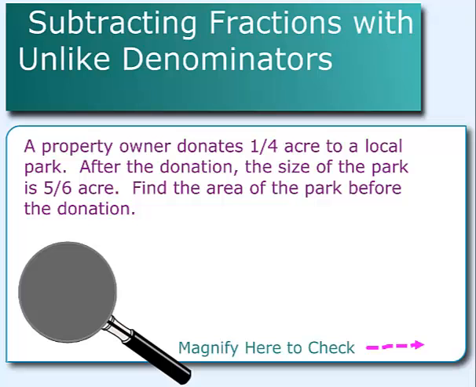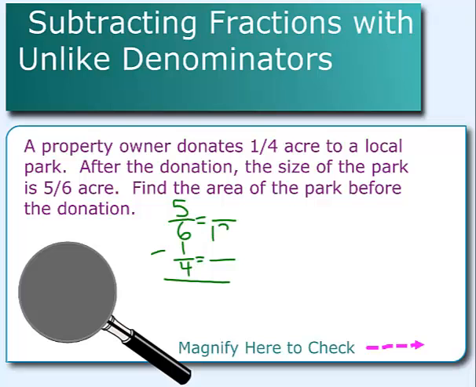Well, since we're finding the area of the park before the donation, I know I have to subtract because 5/6 is what the park size is now. So I'm going to take 5/6 and subtract the 1/4 that was donated. Here I have to think about my common denominators. 6 and 4, the least common